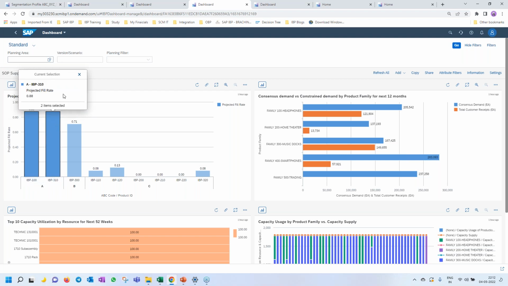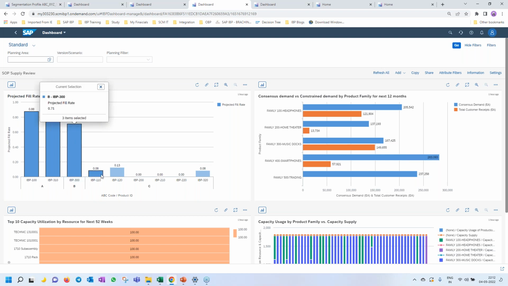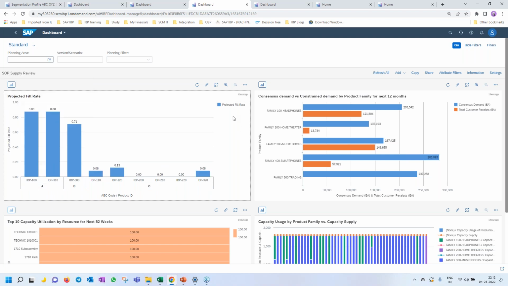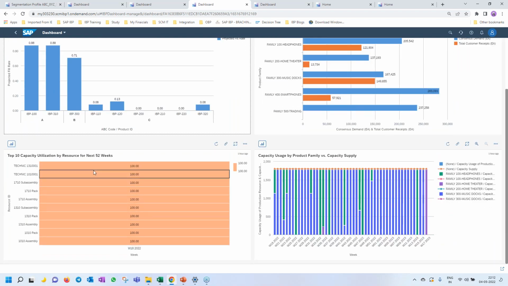So these products have a projected fill rate of 88%, as compared to B, which is 71%, and as compared to C. If the capacity is still there, within the C category it is allocating the remaining capacity. But definitely prioritizing the A category products and achieving the best possible product mix in a very cost efficient manner, right? Not only this, we can also see the capacity utilization for the next certain number of weeks,